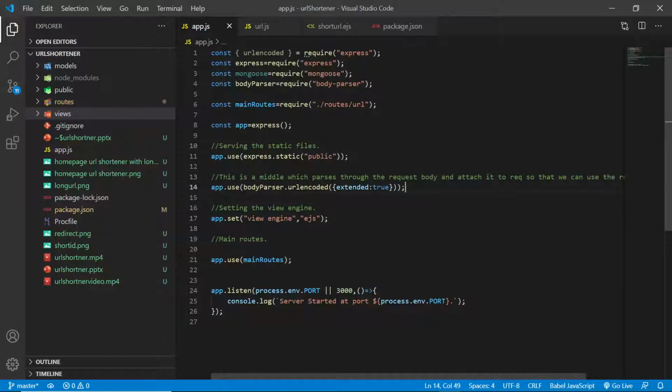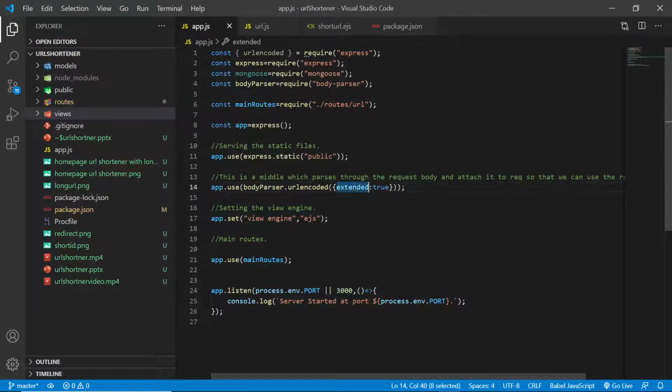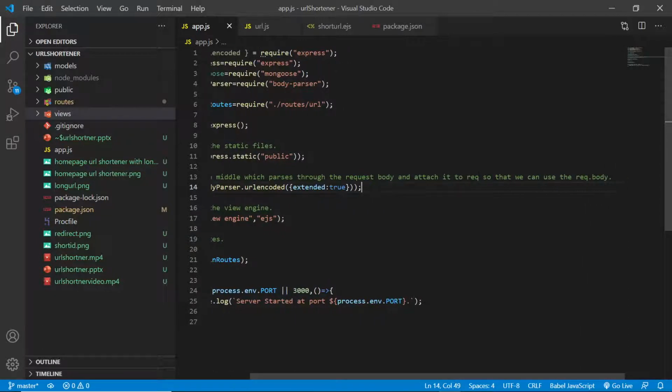This particular module makes that very easy. So app.use bodyParser.urlencoded, and we can set extended to be true. This is a middleware which parses the request body and attaches it to the request object, so that we can use request.body.